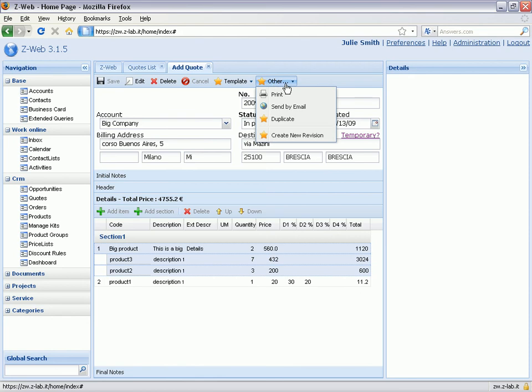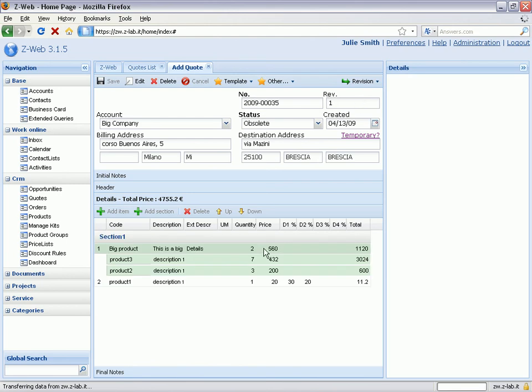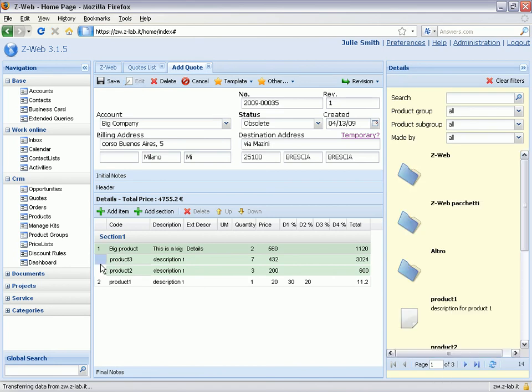Using the same menu, we can also duplicate the quote in order to use it later for some other company, or we can create a new revision. I'll just create a second revision and I'm going to save it. Now we can see in the top right part a button, and the user can just migrate between the available revisions of one quote. For example, I'll just go to the first revision and I'm going to edit this revision